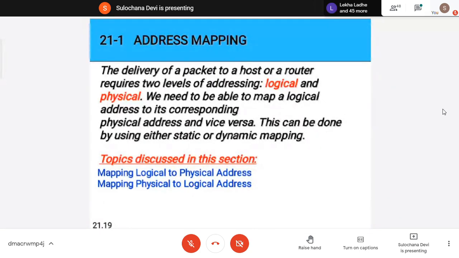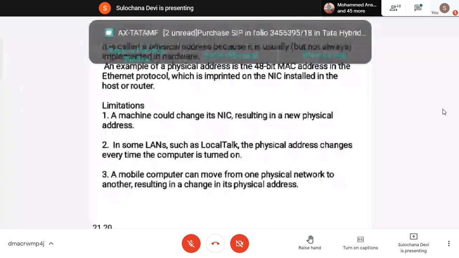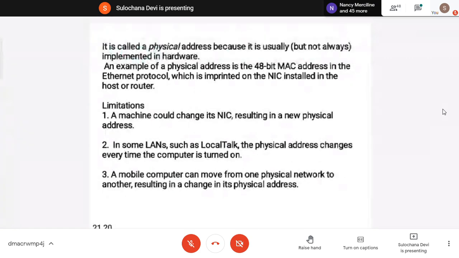So same here, we need to know both the physical address, the MAC address, and the IP address. Even if the device does not know the IP address or the MAC address of the other machine, it has to ask. That is known as address mapping. Yesterday, if you remember, I showed you those ARP packets, where a machine is asking who is the machine having this particular IP address. Sometimes the MAC address is fixed. Generally, it is implemented in the hardware, but if we change our NIC, we get a new physical address.